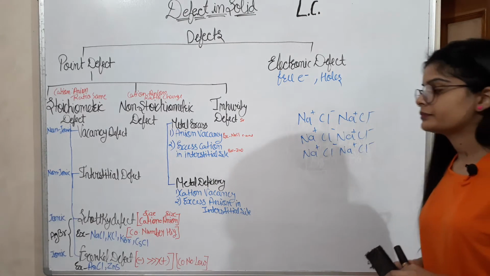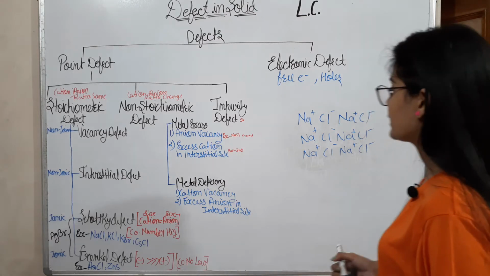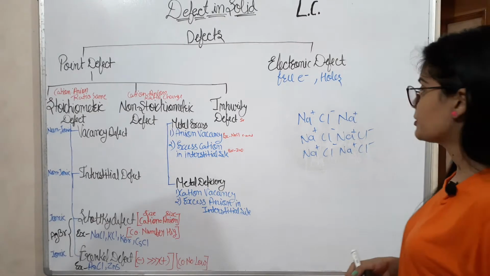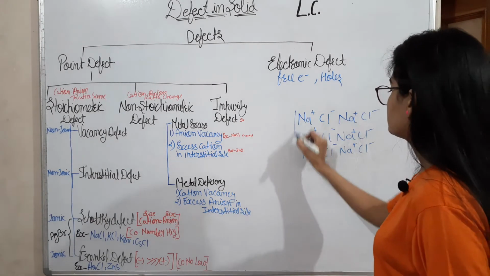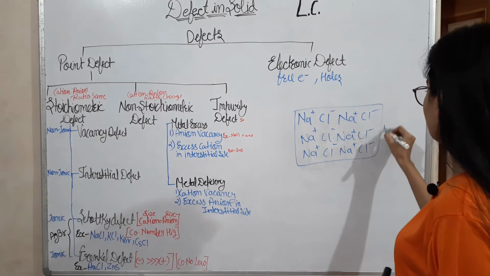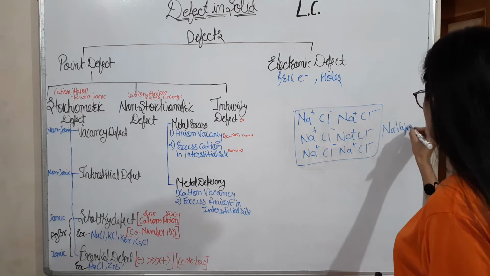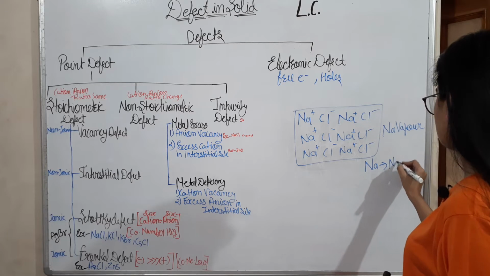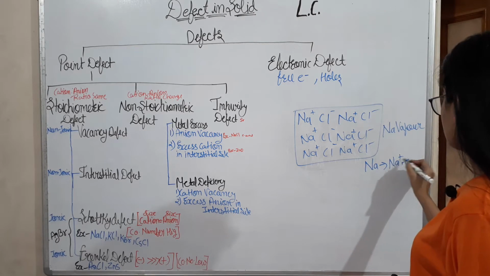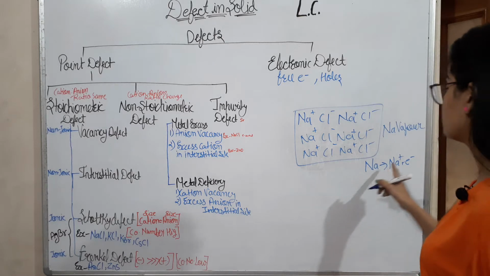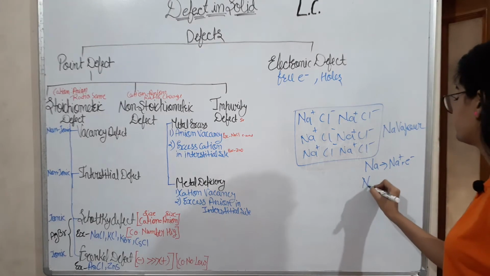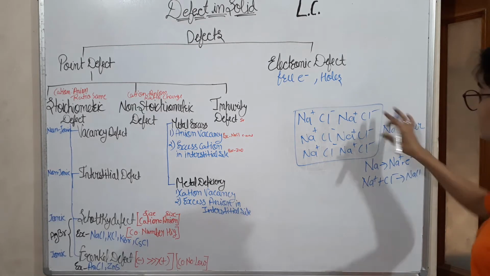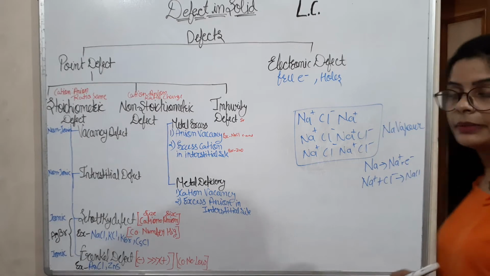This is the atom, this is the solid with anionic vacancy. Anionic vacancy means the Cl minus is vacant here. How is it possible? First of all, this NaCl is treated with sodium vapor. Sodium gives one electron and converts into a cation. This sodium cation attracts the Cl from here and forms NaCl, right? One Cl is attracted by this sodium.